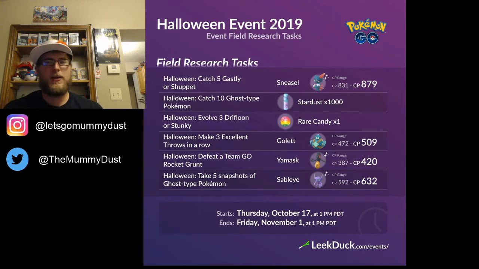Gain some rare candies by evolving Drifloons or Stunkies, which I highly recommend stacking those up before you spend the candies to evolve all of them. As well, you can make 3 excellent throws in a row to gain a Golett, which you should do during your Darkrai raids, and then defeat a Team Go Rocket Grunt, or take 5 snapshots of Ghost-type Pokemon for